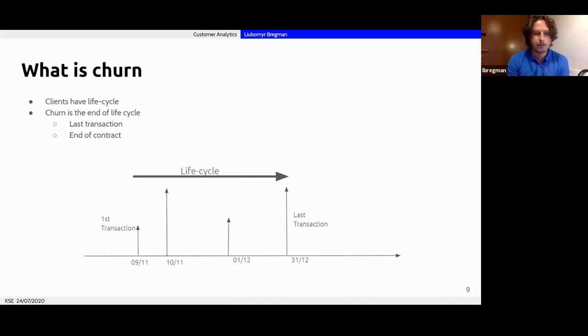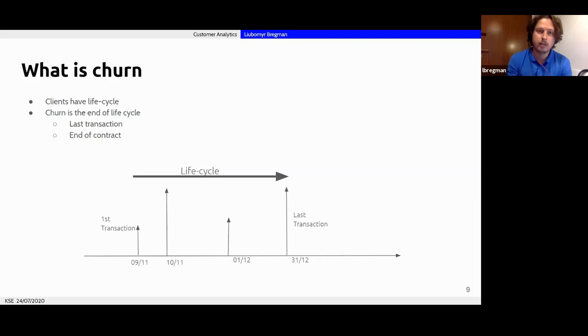So how we are going to model all these situations is basically we are trying to model the time between the first transaction from the customer and the last transaction from the customer. And here's the first problem associated with it. It's easy to understand what the last transaction is for a customer who has a contract.